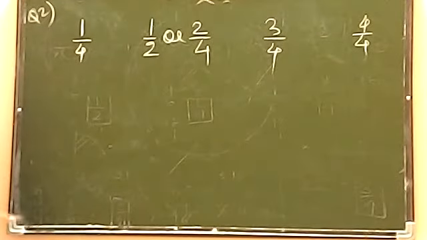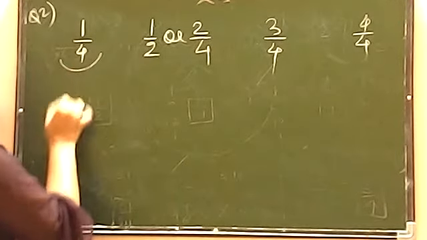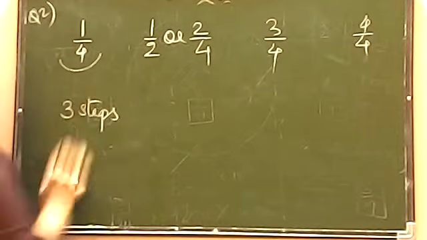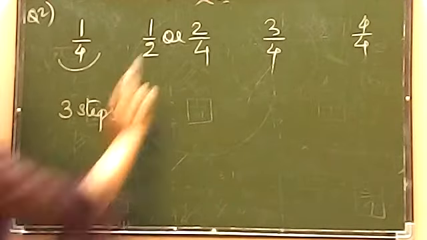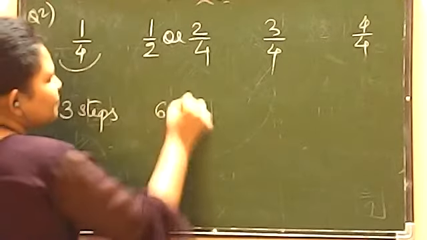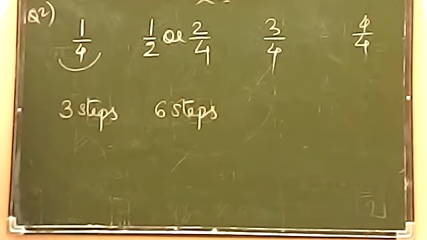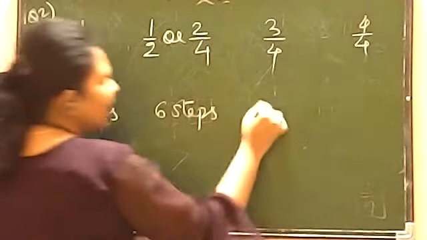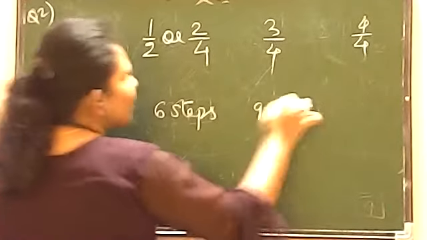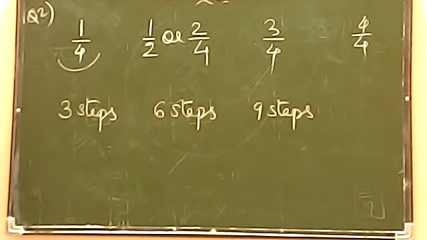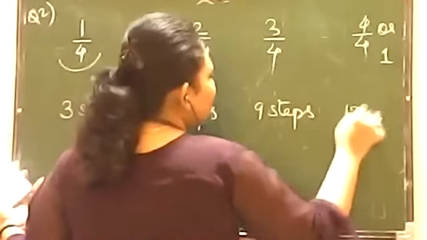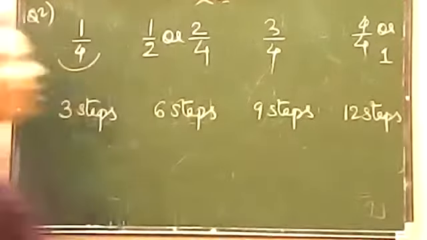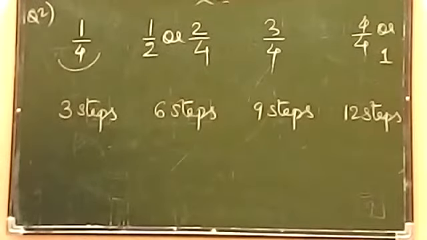Now understand, when you talk about 1/4, you are covering 3 steps. 3 steps means 3 numbers. I have already told you in the previous question also. 3 steps, okay? 2/4 या 1/2 means 6 steps. When you have 3/4, 3/4 means 3 are 9, 9 steps. और अगर आपको full rotation चाहिए, that means 4/4, or you can call it 1 full rotation, that means you are covering total 12 steps. 12 steps का मतलब होता है 12 numbers in total. Okay, yes, you have to write it down this thing on your copy.